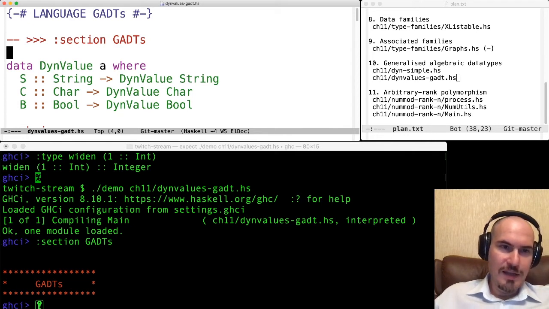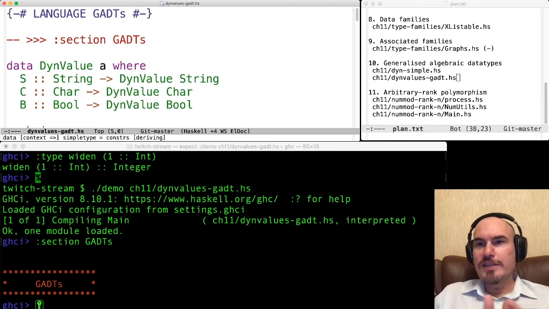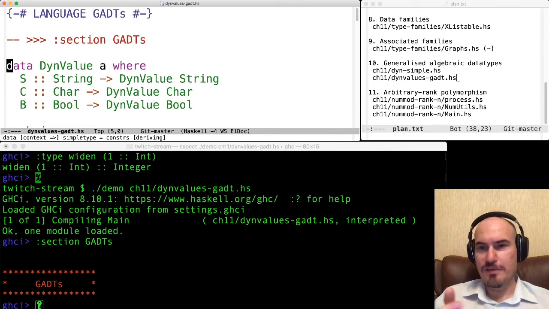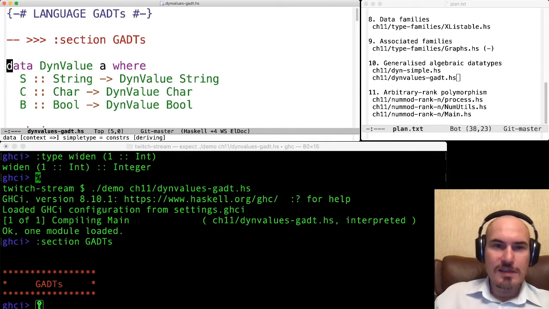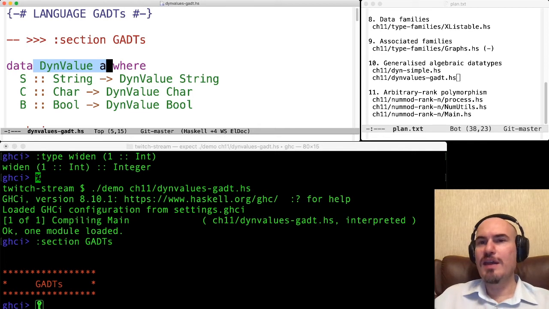All right, so this is a simple definition of generalized algebraic data types. It is algebraic data types because we have several data constructors, S, C, and B, for strings, characters, and bools respectively. And what makes it generalized is this argument in the end. So the type is DynValue a. Think of it as if it's Maybe a.